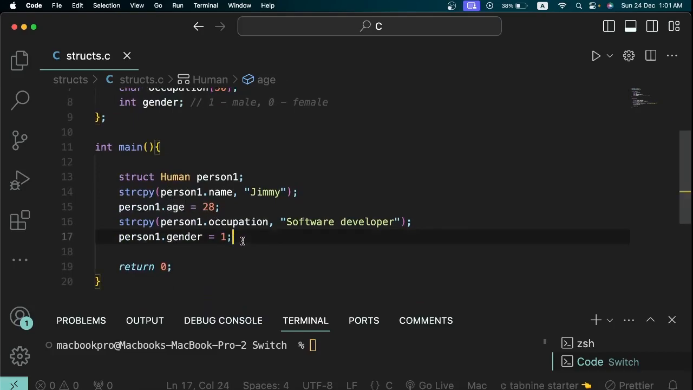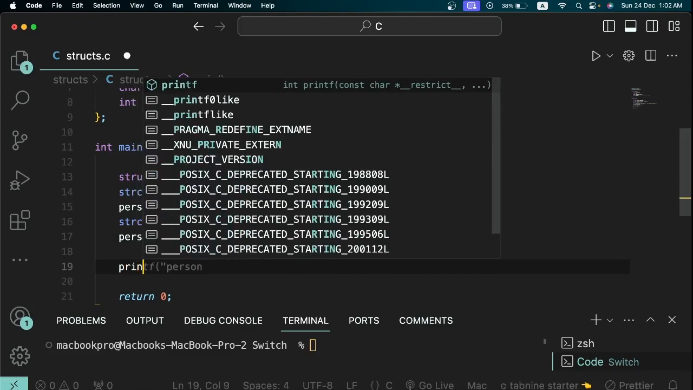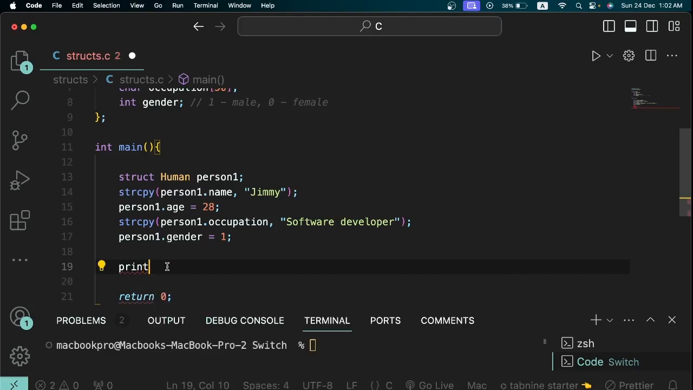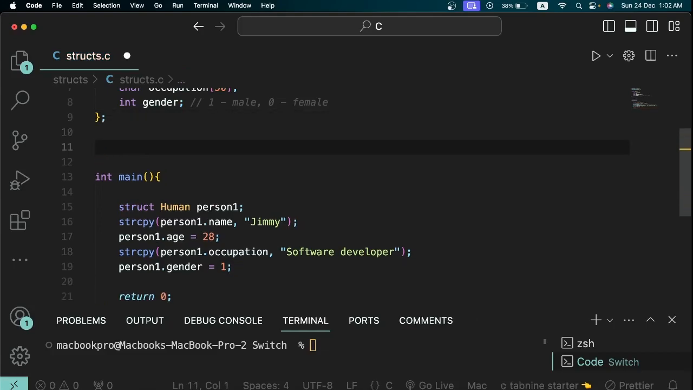So how do we now actually make use of all this data? We can make use of this data in various ways. For example, I can print out this person's data, but I'm going to create a function for that. So let's make use of all the knowledge that we've gained so far in this programming course. I'm going to say void display